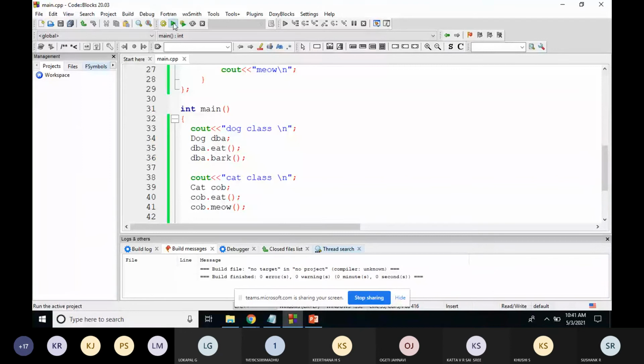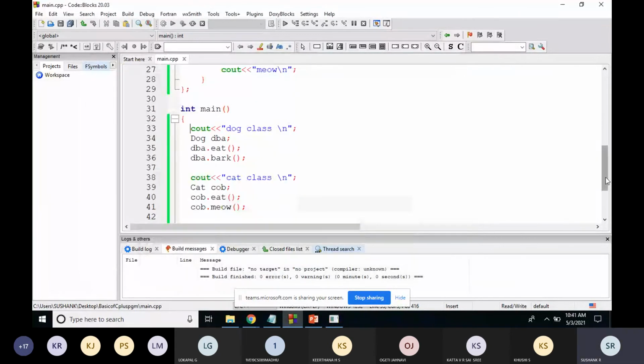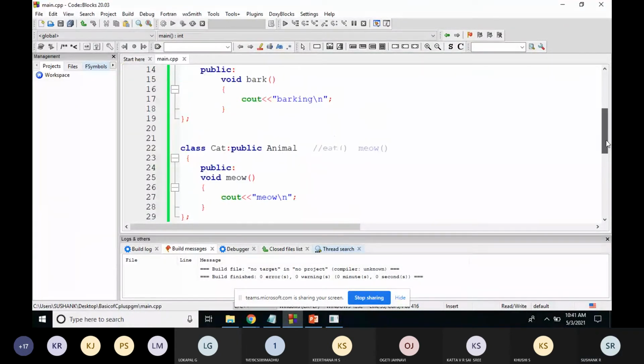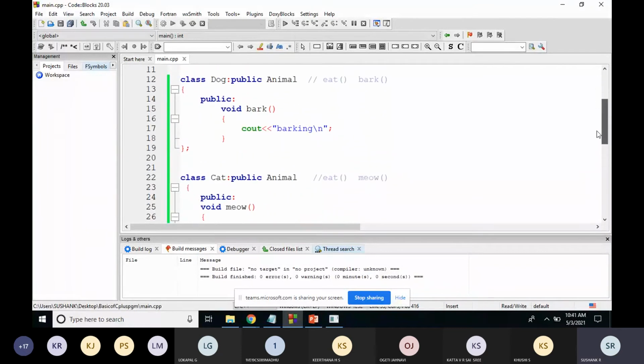Build, run this. Okay. So eating, barking, cat class. I'll just add. Okay, the function is being added.